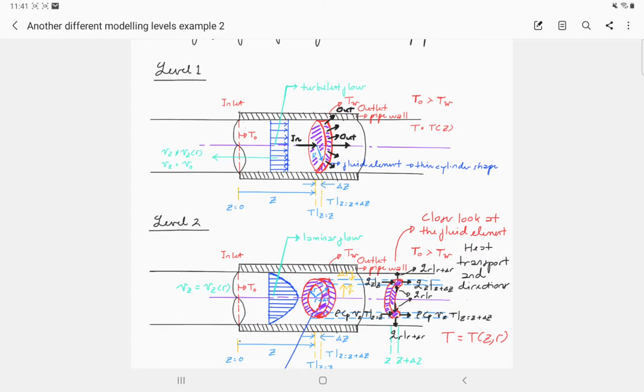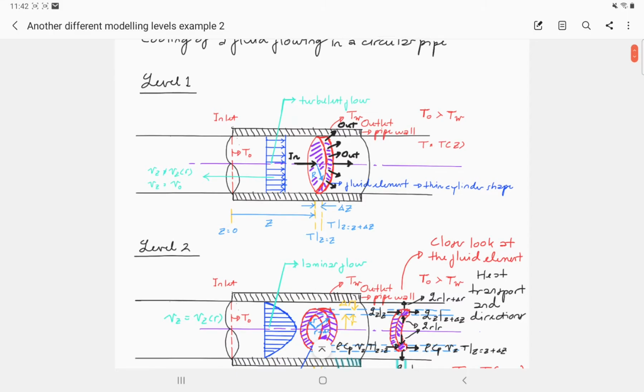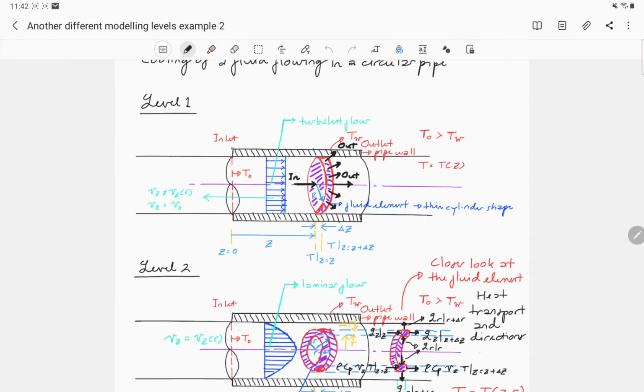Welcome again, everybody. In this second part of the video for another different modeling levels example, we will discuss higher level modeling for the same problems. So we are still in the problem of the cooling of a fluid flowing in a circular pipe. In the previous video, we have discussed this level 1,